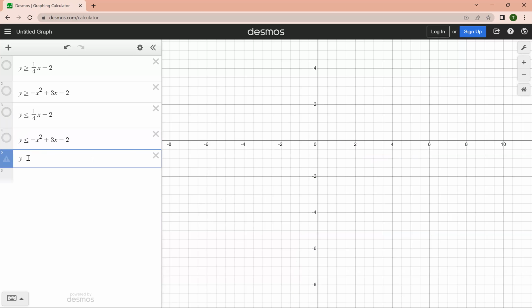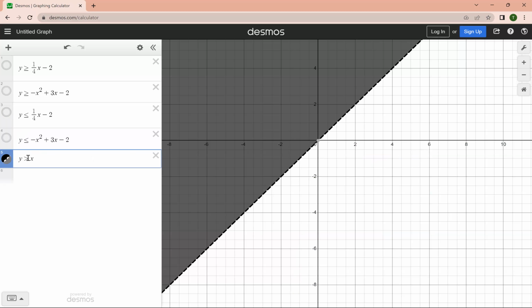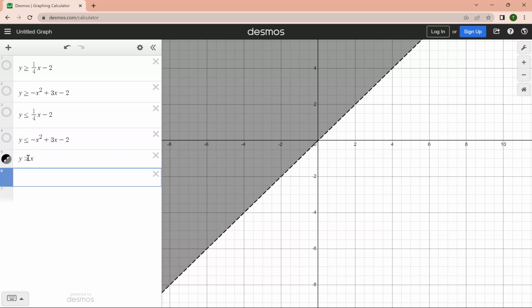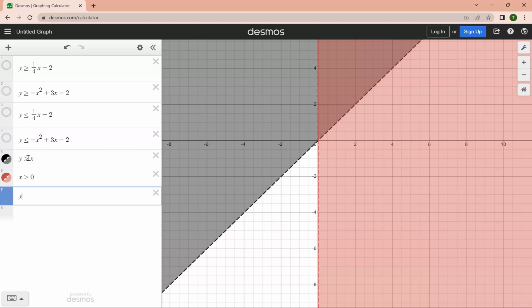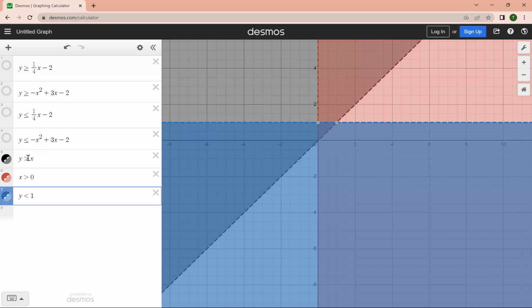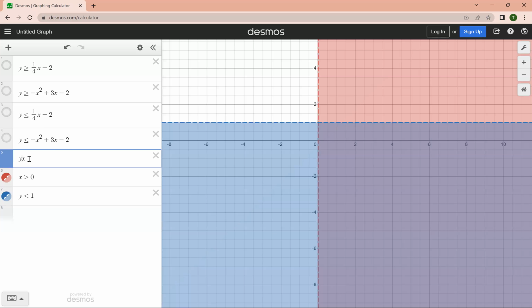Let's just say we had y greater than x, okay? And then we have x greater than 0, and then y less than 1, okay? Where is the overlap? It's just in the top right there. It's here, but it's kind of hard to see, right? Now, if I flip all of these,